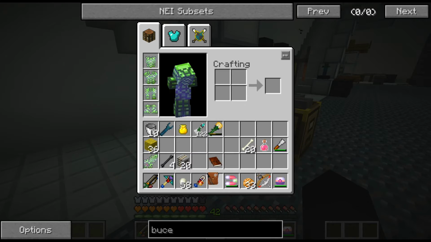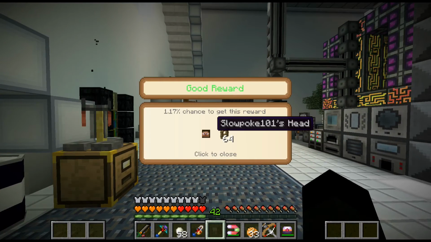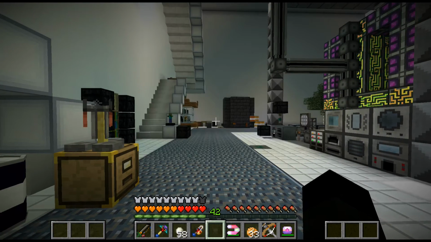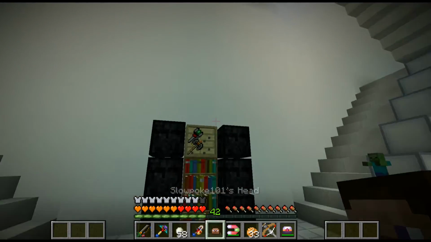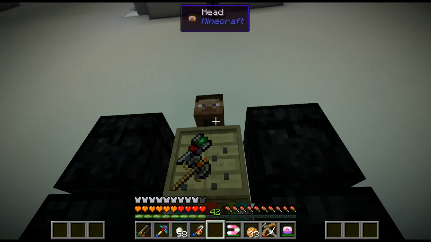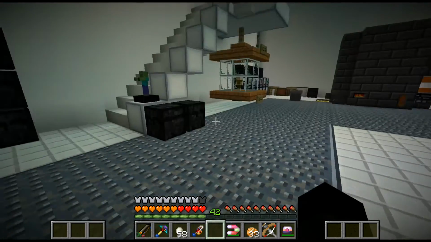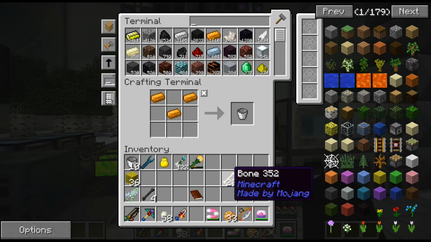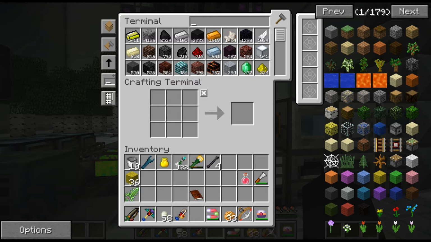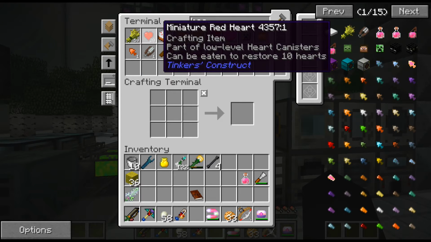Okay, what do we get? A good reward bag. Slowpoke's head and some fence. Okay. There we go, there's Slowpoke's head. No idea why I would want Slowpoke's head. Now these I don't want to keep hold of, because I think I should have got lots of hearts, so